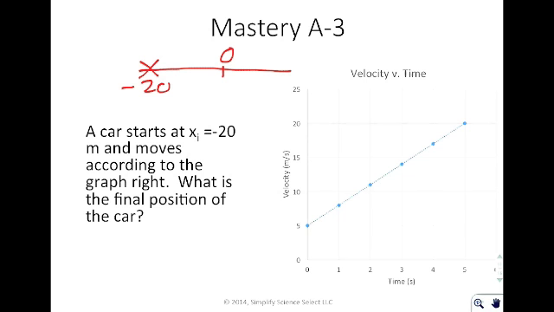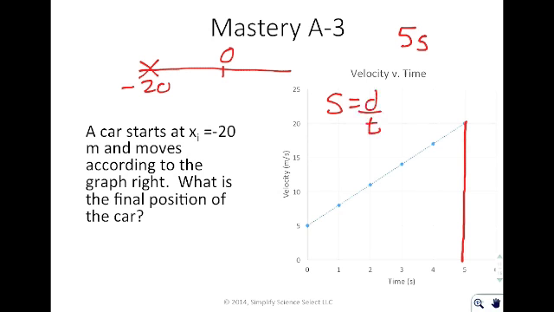Now, this right here is going to be the final position of the car. It's going to be at 5 seconds. Now what I want to know is where the car is. Well, what I want to do is figure out how far the car has actually moved. Now, in order to figure out how far the car has moved, we have the speed equals distance over time